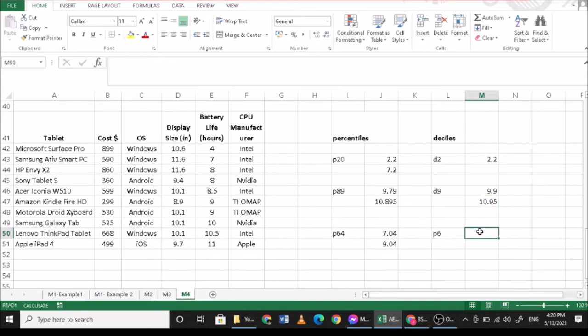Then you have your P6. So again, this is 6 times 11 divided by 10. So this is 6.6, which is different. So 1, 2, 3, 4, 5, 6. So it's still 9. Or at least 60% of your values would be less than the second 9 in your data set. Since this is 6.6, you can use 9 plus